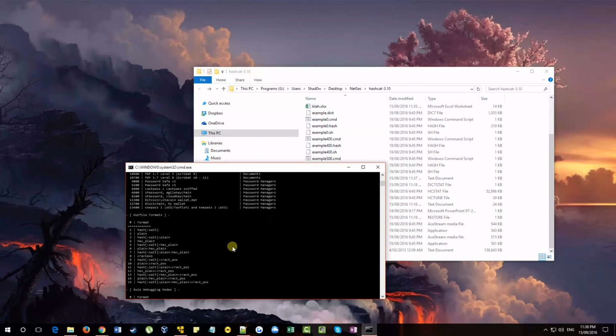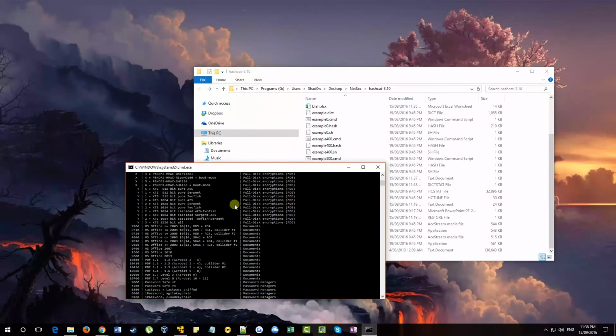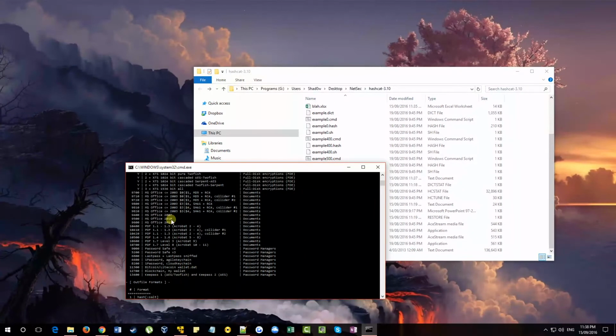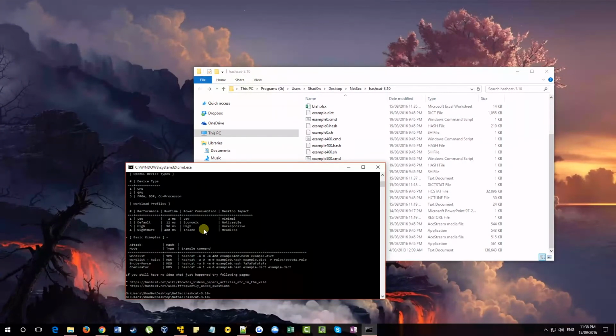There might be a lot of information, but just go straight for the numbers. Let's find where it is. We've got MS Office 2010, and that's 9500. So in the end, we can go hashcat